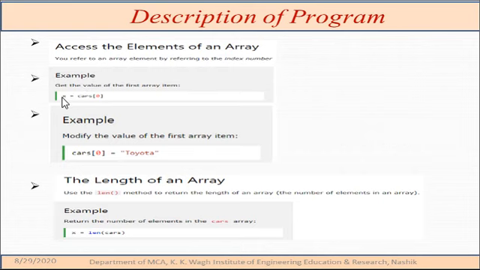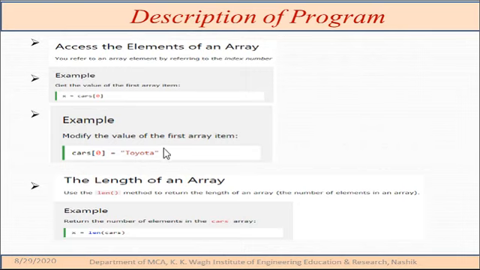As we are all learning, the Python language is very user friendly, so whatever things we want, we can directly assign. For example, as given here, if we want to get a value from the array, I have taken one variable x equal to cars[0], so whatever value I get at the zeroth location of the array, I can read that value.